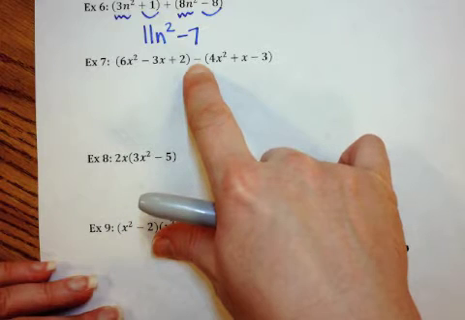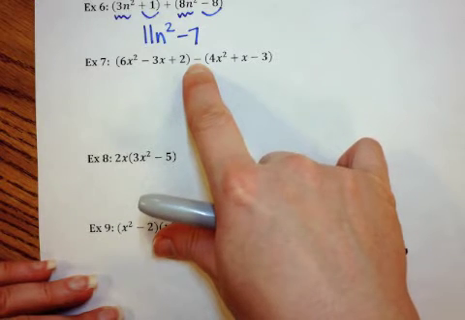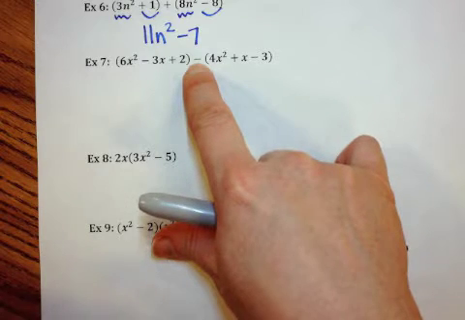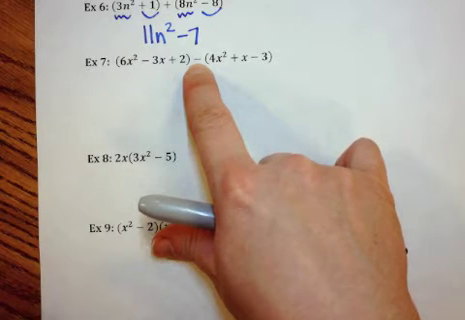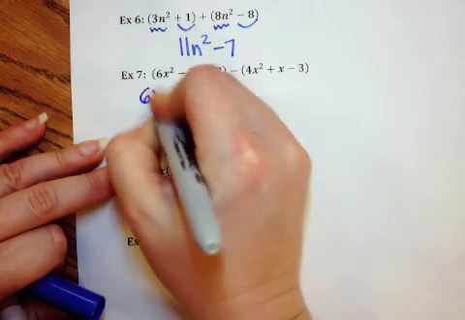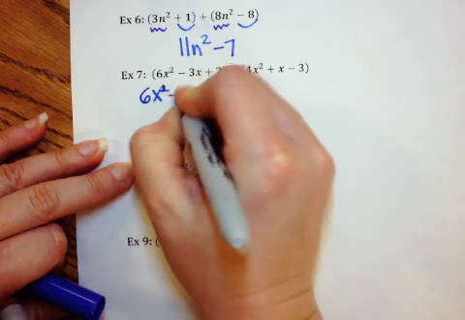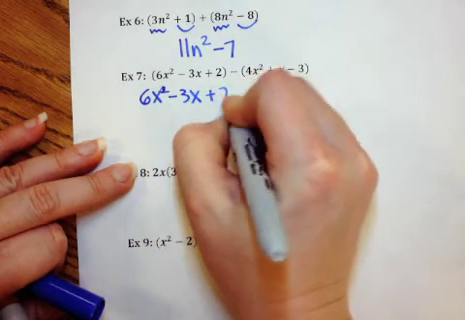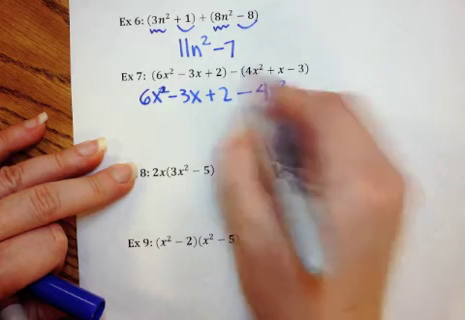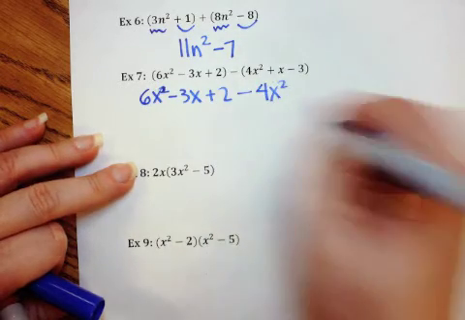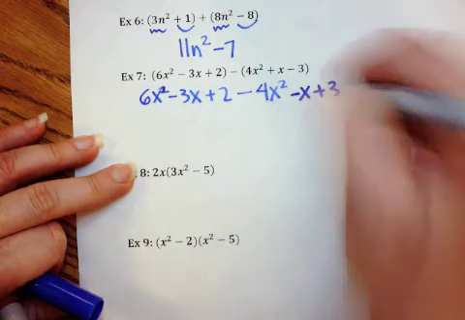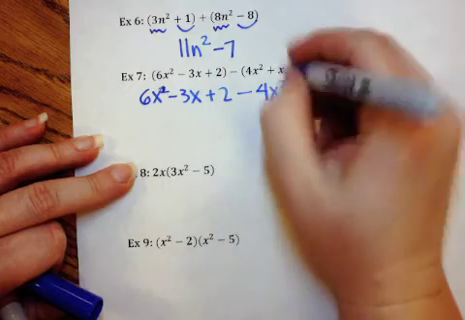The next one is subtraction. Now, when I taught subtraction earlier, you're either a user or a distributor. I prefer you distribute. You guys are not very good at using a minus sign. So let's go ahead and distribute. So the first parentheses stays the same. The second one, I'm going to change all signs. So minus 4x squared, which I don't ever struggle with that one. But it's the next one. It should be minus x, and the last one should be plus 3. All terms should change signs